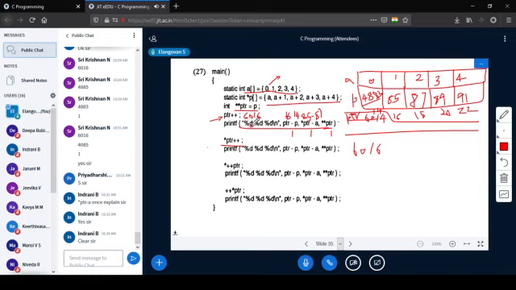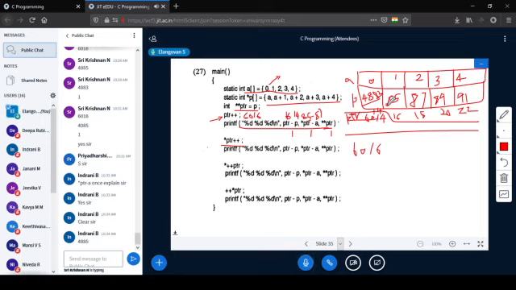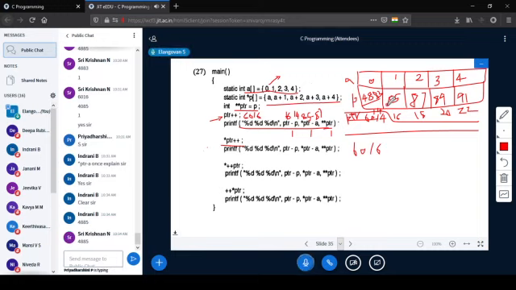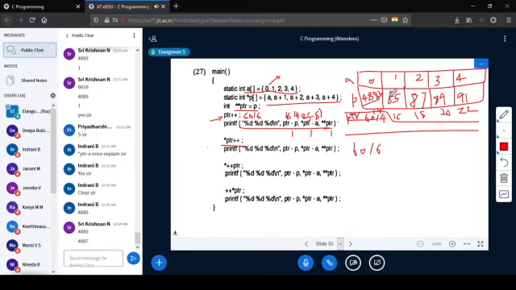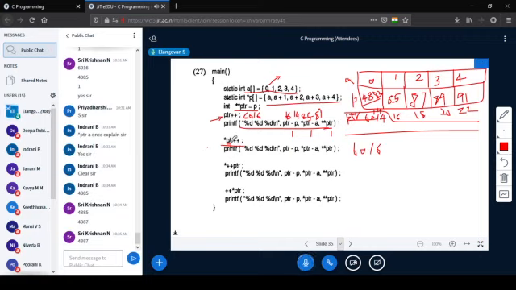What is the value of ptr as of now? 6016. The value at the address 6016 is 4885, which is incremented and stored there itself. What will this value be? How will this be changed? Yeah, 4887. So this will get changed to 4887, since it is an increment operator you are using.